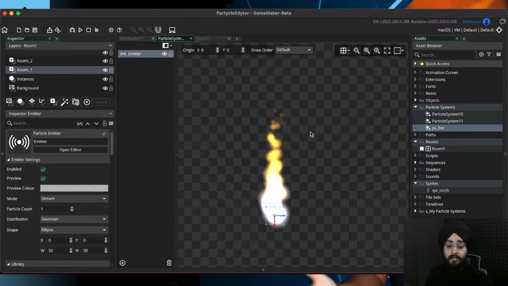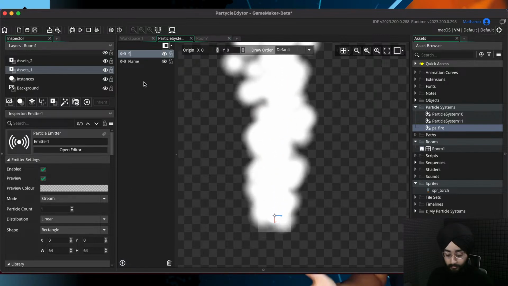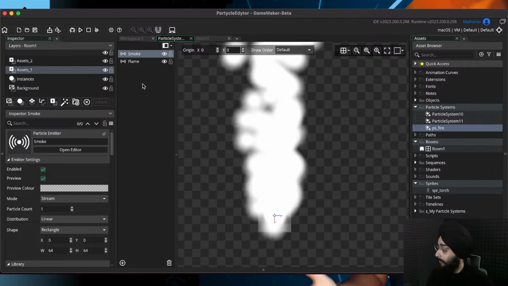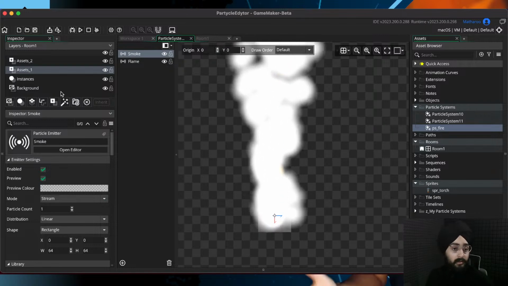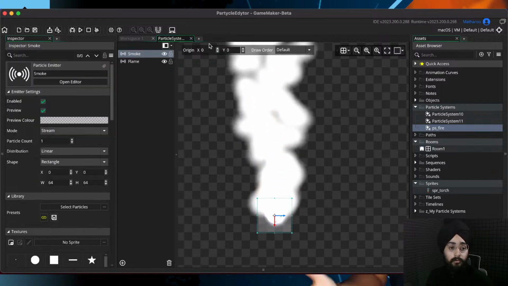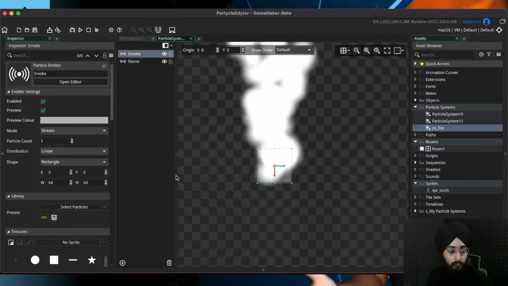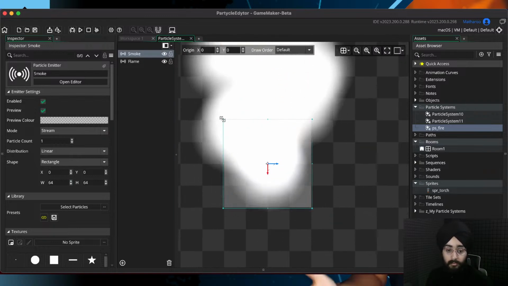You can add a couple more emitters to this. For example, I want to add smoke, so I'm gonna add that really quickly. I'm gonna rename this one first of all to flame. Then I'm gonna rename this new emitter to smoke. Let's make this be a smoke emitter. Let me close the room, and okay, first of all, I'm gonna make this smaller,